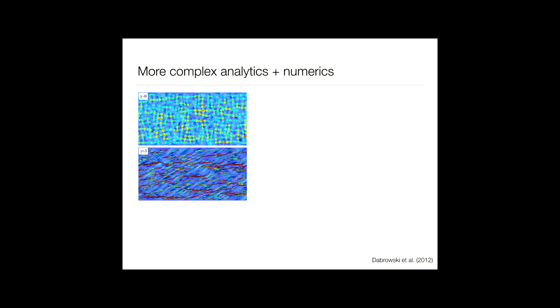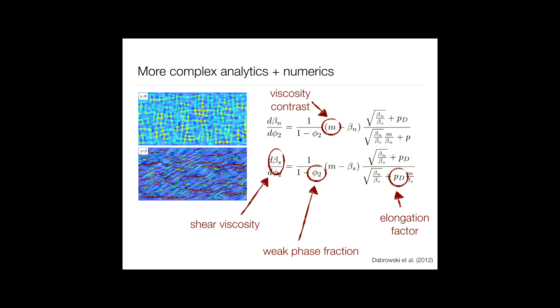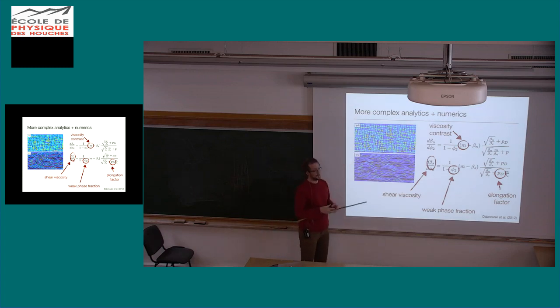Now, the nice thing is that Marcel and Dabrowski et al. in 2012 published a paper on the effective rheology of a medium that consists of spherical inclusions and the surrounding medium. They deform it in simple shear and get things like that. But what they actually do is derive an analytical expression for how the rheology of this medium evolves, how the shear and the normal viscosity. So they look at the strength of everything and the anisotropy of everything. They assume you start with a circle and it becomes an ellipse, and then you can go from there and derive those